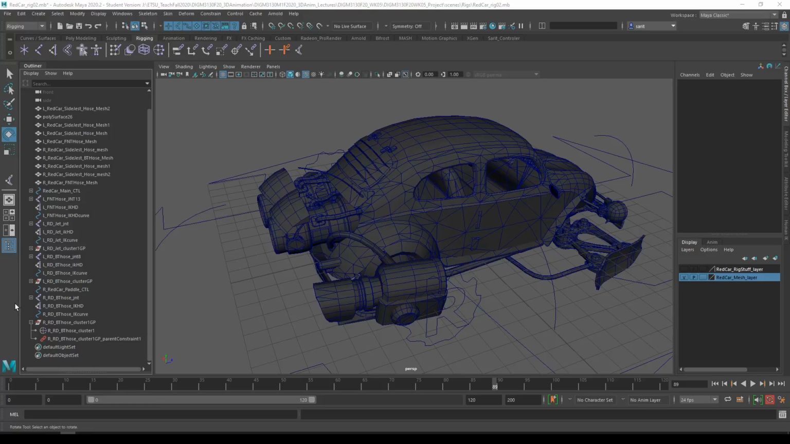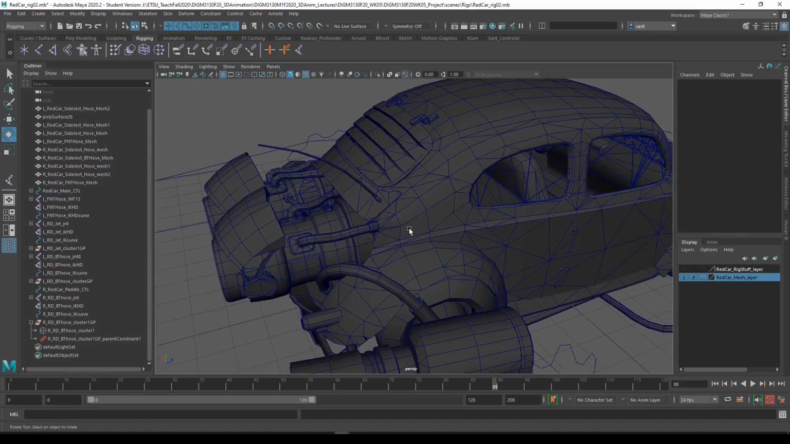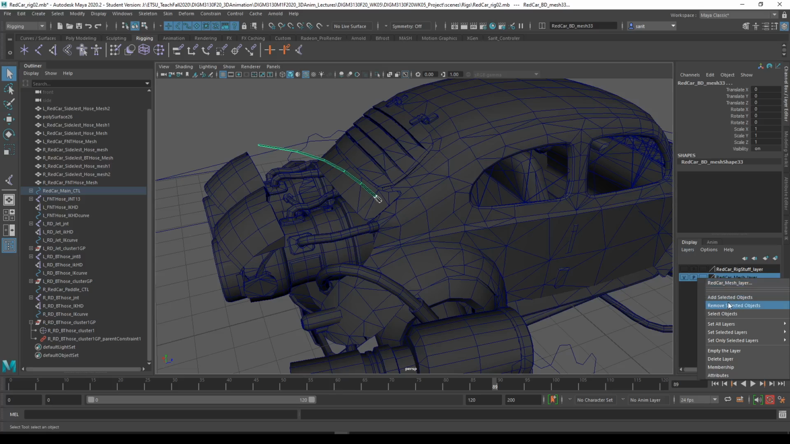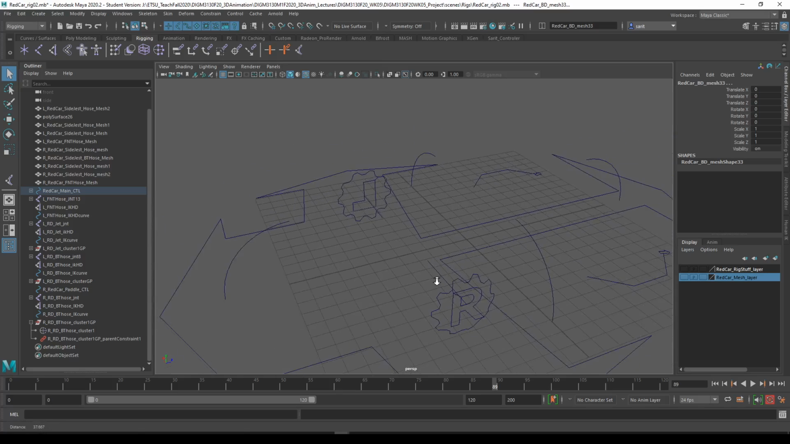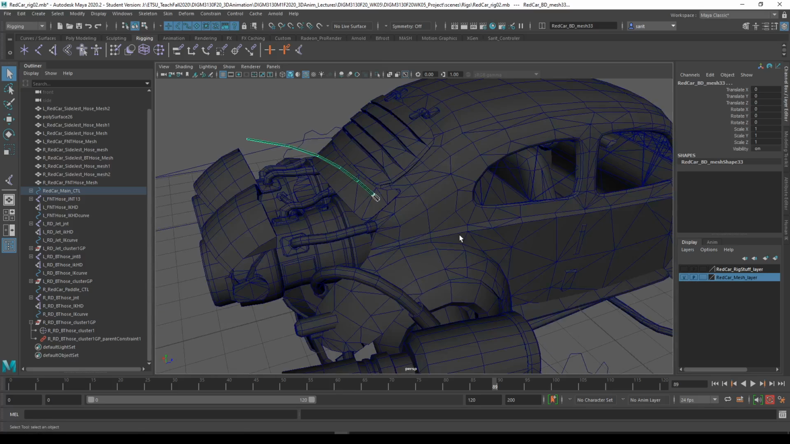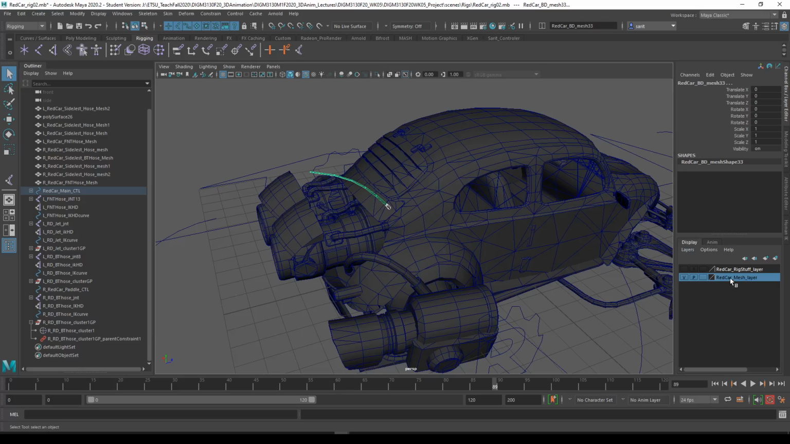Okay guys, so now we're gonna rig the antenna. So first I'm gonna have to select the antenna geometry, remove it from that layer, turn it off. Oops, I did not remove. Here we go. Hey, why is